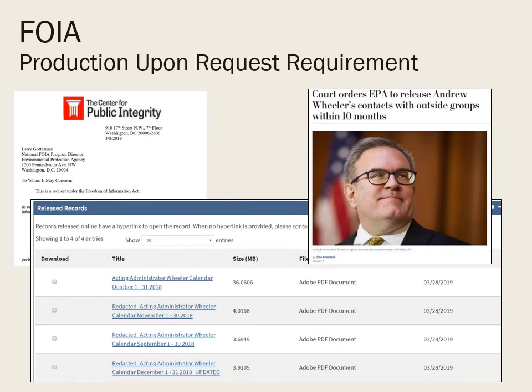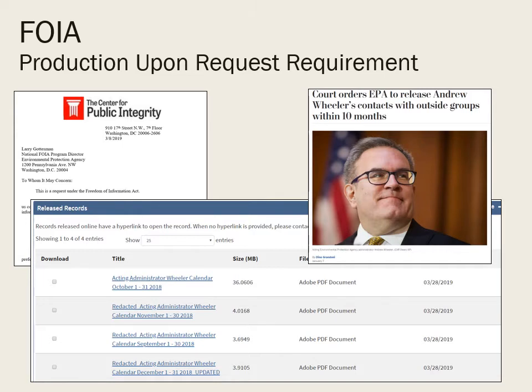So this is an example of a FOIA request that the Center for Public Integrity filed with the EPA early last year, early 2019. And they wanted information about then EPA Administrator Andrew Wheeler, who used to be a lobbyist for the coal industry. The Sierra Club likewise filed public records requests for documents from EPA officials responsible for the rollback of a lot of environmental rules that had been put in place by the Obama administration, mostly to combat emissions and other climate warming gases and pollutants. So when the EPA initially refused to comply with FOIA's timeline, the Sierra Club sued, saying,